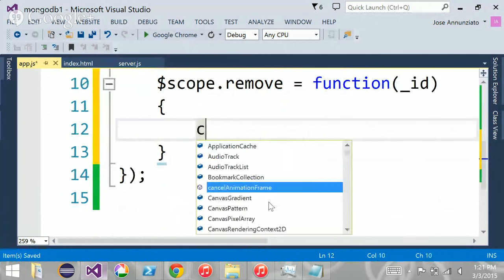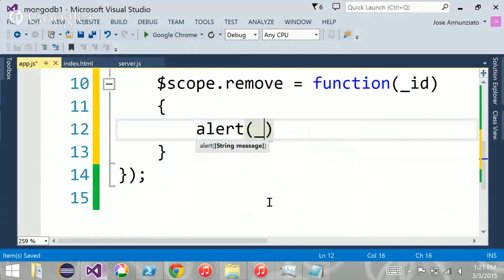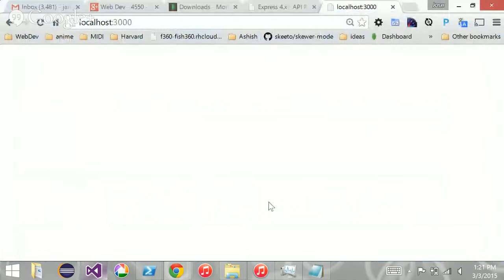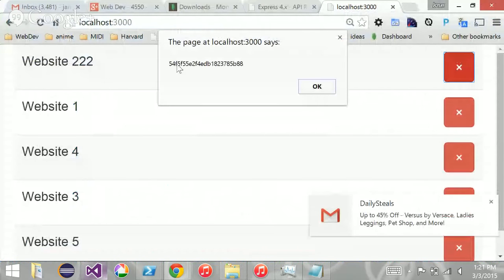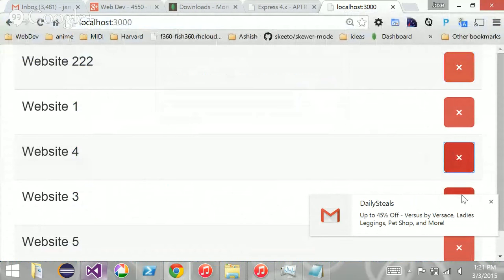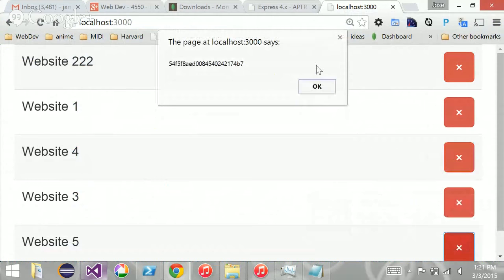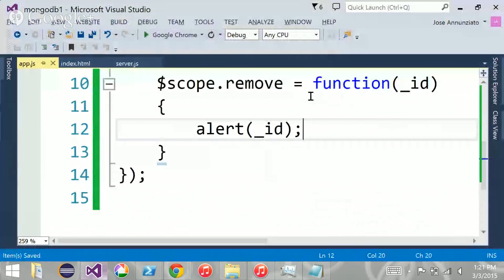And we're just going to do an alert for that ID just to verify that it's connected. So if I click on this, notice that that's the ID. See that? So these are all the IDs of what I want to remove. Okay? Very good. Now that I have the ID, I can go back to the server and ask the server